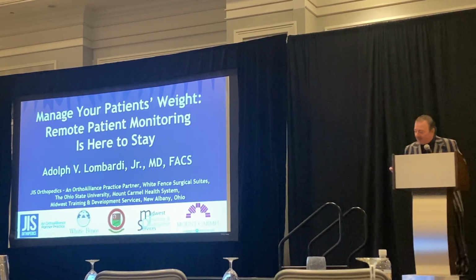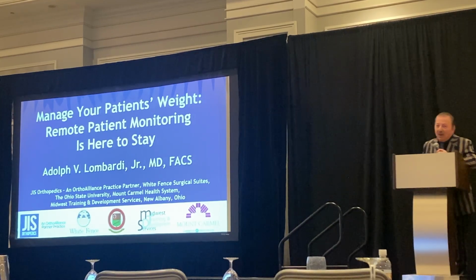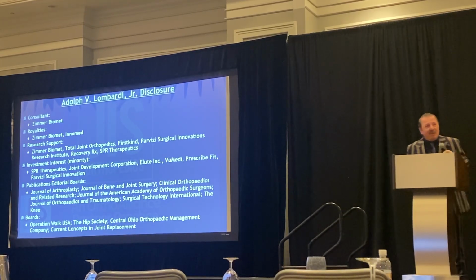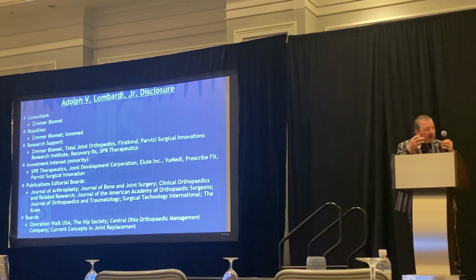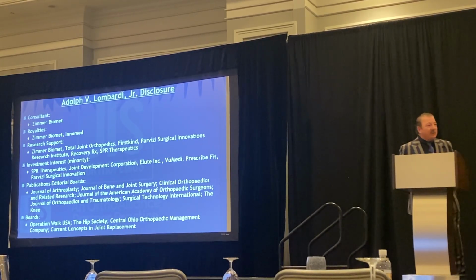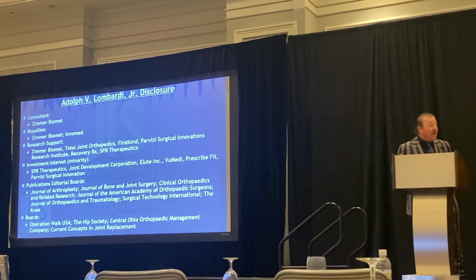But how are we going to help these patients? Because typically when we see them in the office, it's a nice little short visit. We might mention something about the importance of weight reduction with respect to their overall health status and the longevity of their implant. But now I have something else that I can offer them, and this is the remote patient monitoring. And at least I think it sets up the initiative on their part. If they want to participate in managing their weight and adopt this program, then at least I know that they're putting something into the game, because I'm going to take on performing their operation, which we all know is a